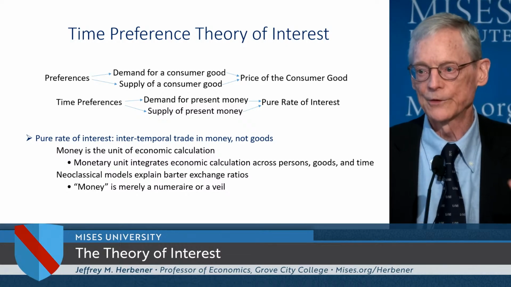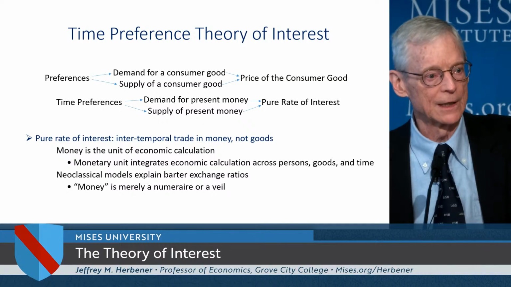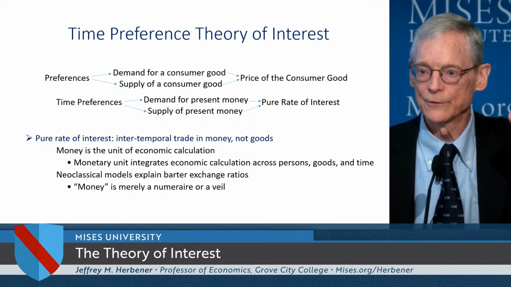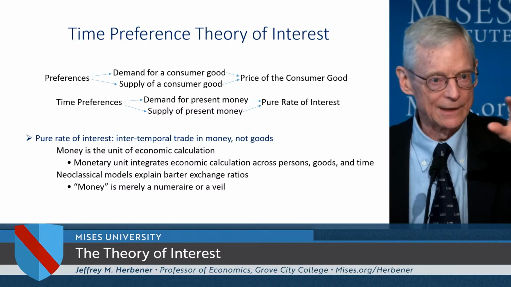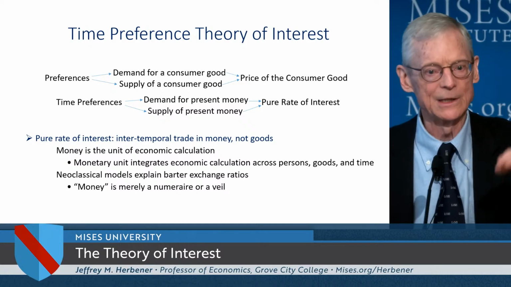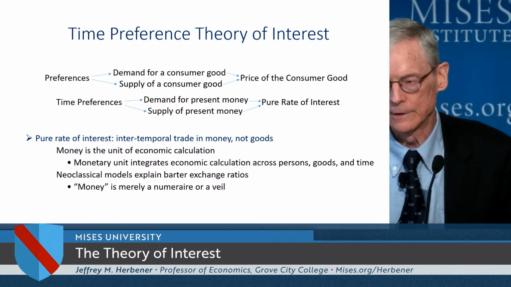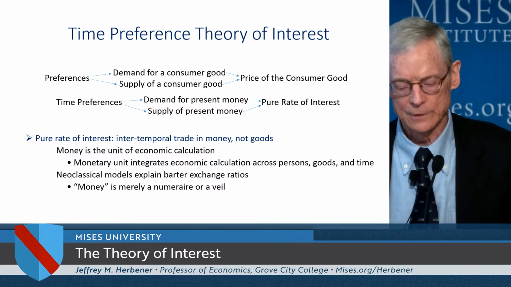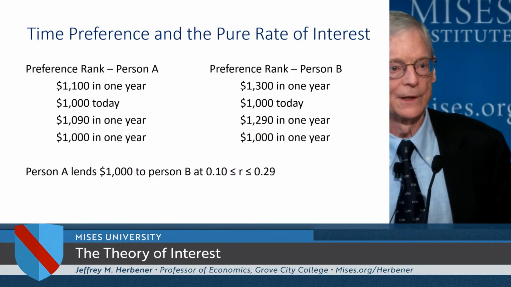right? Or saying, well, we have barter exchange ratios, and then money's just like a veil that kind of overcovers this, right? So that we as analysts can then talk about money prices and so on. It's just an analytical device. No, that's not the way that the Austrian theory thinks about this. All right, so let's do a little bit of the nuts and bolts.